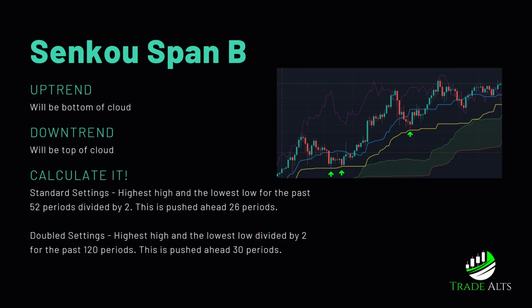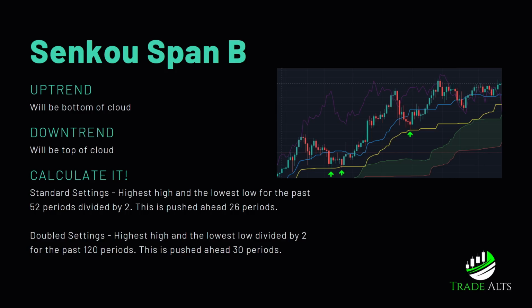How do you calculate Senkou span B? For standard settings, it's the highest high and the lowest low for the past 52 periods divided by 2. You take that value and you push it ahead 26 periods. So no matter what, for Senkou span A and Senkou span B, whatever the values that are calculated, which form your cloud,